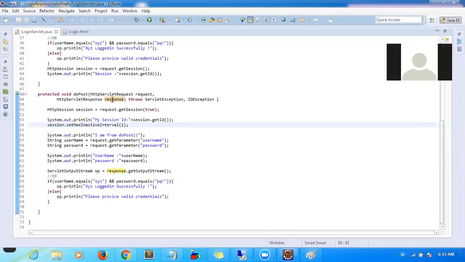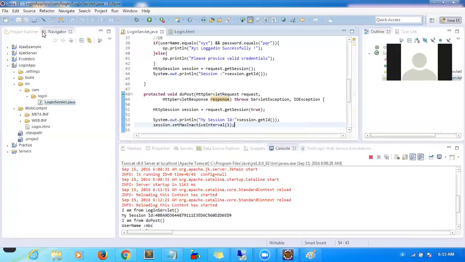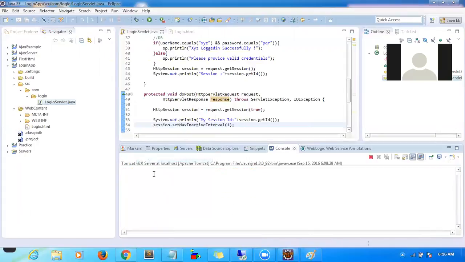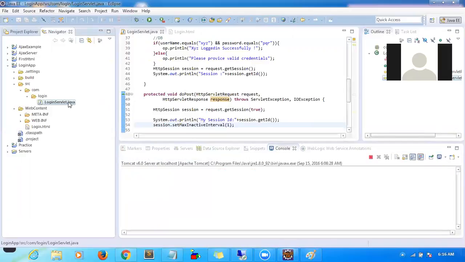In a similar way, I will add one listener, a kind of session listener. How do we create a listener? Right now you are clear how to create a servlet. Now I will create a listener inside our src.